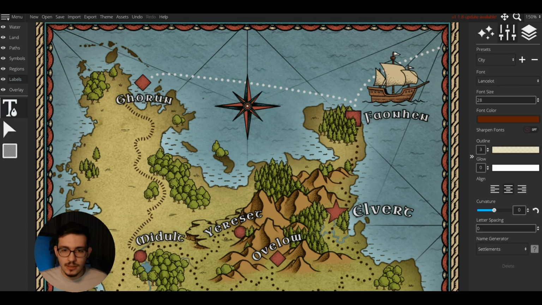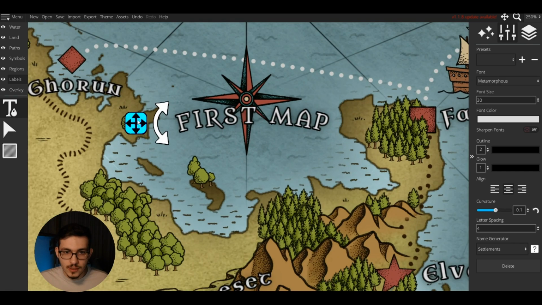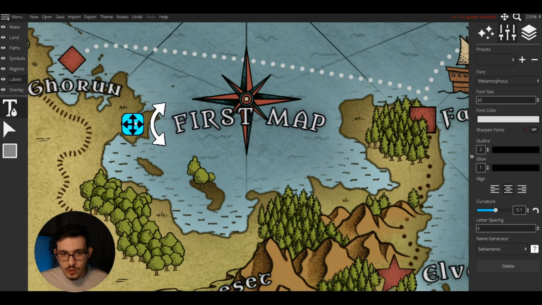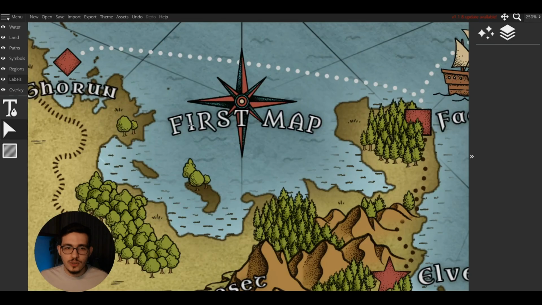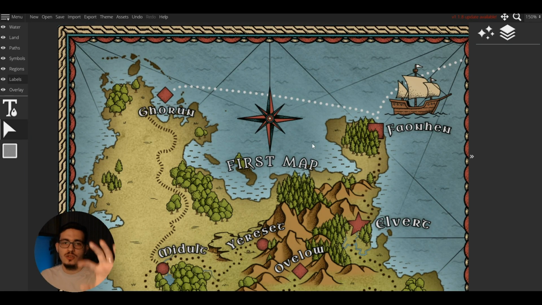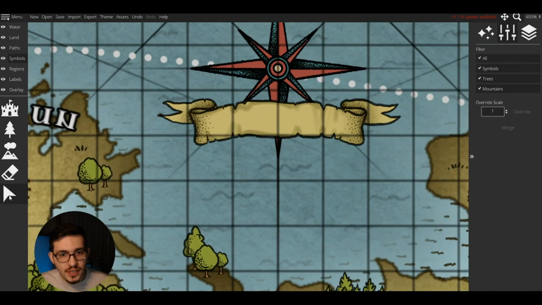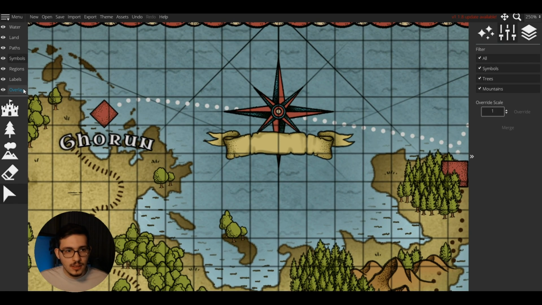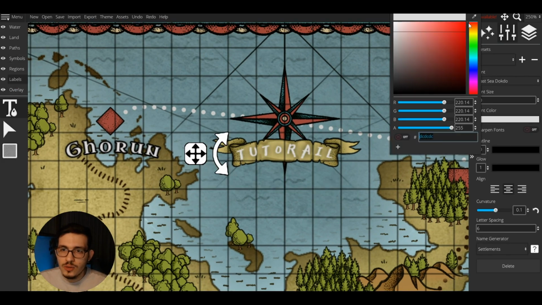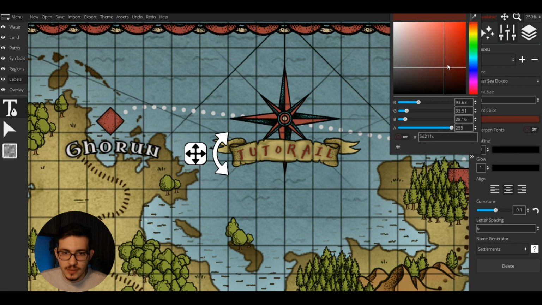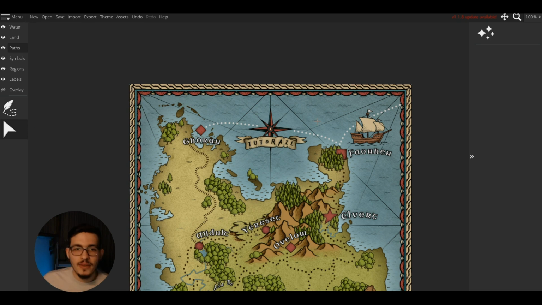What do I mean by that? Let's say this is our font, right? If this is not on top of your compass and you have some banners or something, then what you can do is I would center these together. Let's add a banner. I'm gonna keep it here like that. Tutorial. And here I can also have different colors, different things. And yeah, I think that's it.